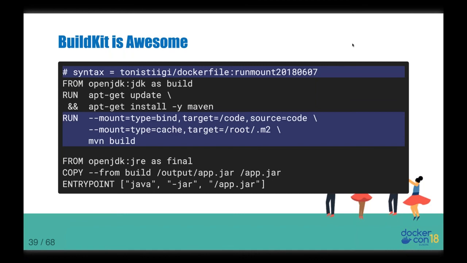And so it will pull this image down dynamically and use that image to parse this Docker file. So we can change the parser for our Docker file just by changing this first line. Use this to do the build in production. Maybe all of our other Docker files are using the old stable and we have a new experimental feature we want to try. We can try that on just one build of just one microservice